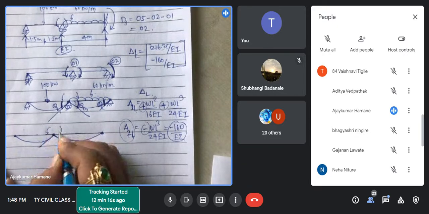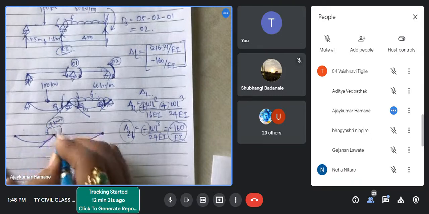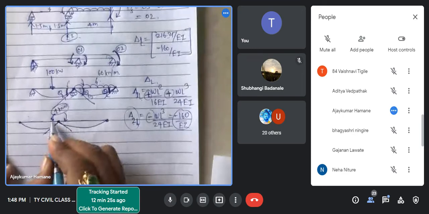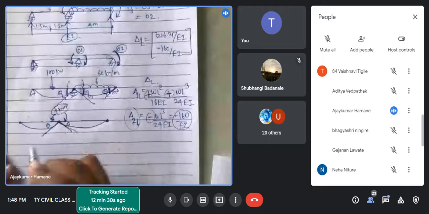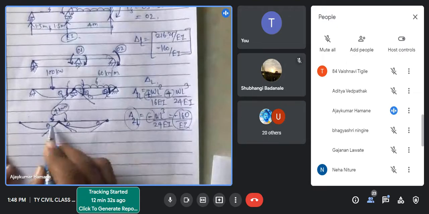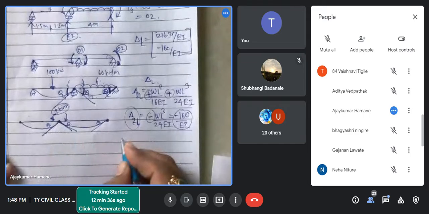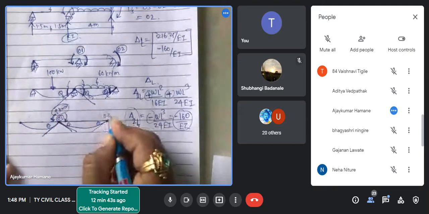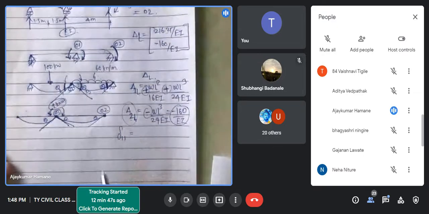So when we have applied the unit 1 kilonewton meter, if I apply this unit moment, at that location we got two rotations, this theta, and here theta. So what is the displacement? That is nothing but the flexibility matrix. So what is the delta? Delta 1 1. So this is coordinate 1 and this is coordinate 2. So what is delta 1 1 meaning?